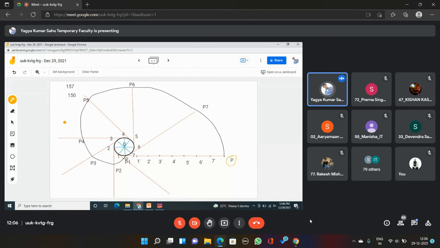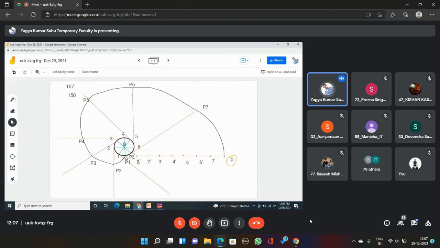Okay, so let us assume that point is somewhere here. This is the position. So this is the point. Let's take this PL, I'm writing this PL. Last point PL, the last point of this curve.